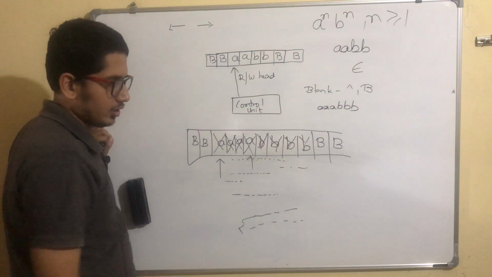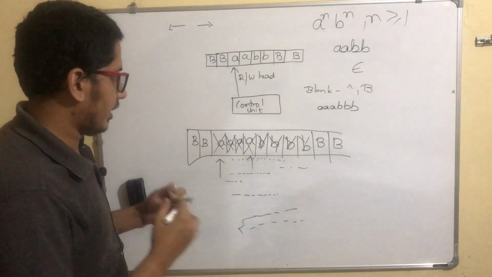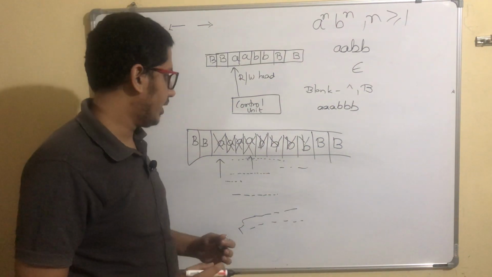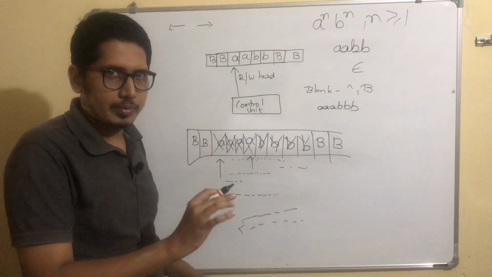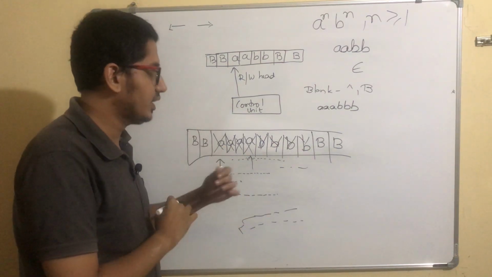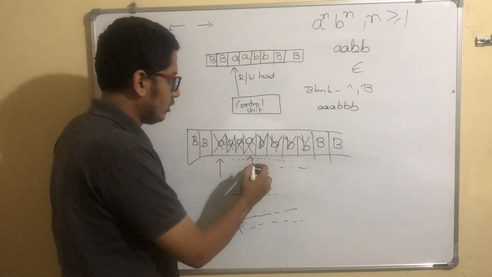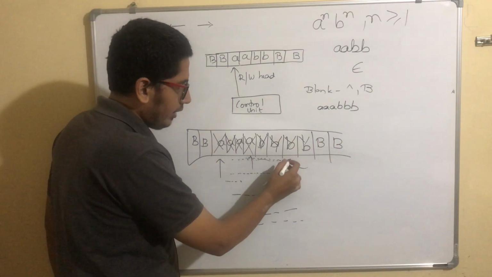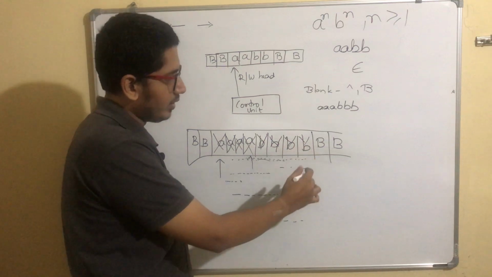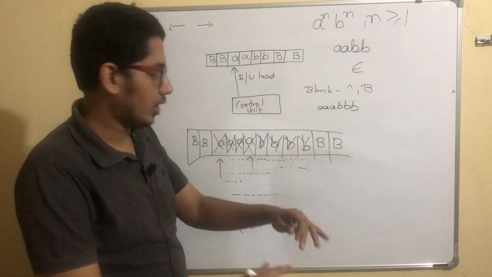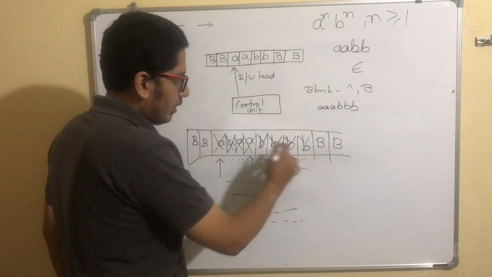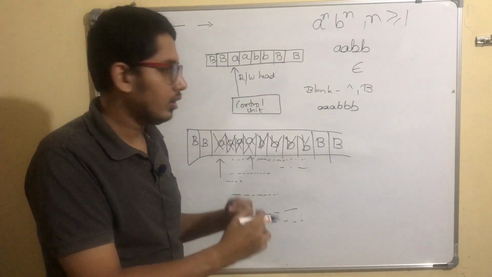Next there is no A. So here it's understood that there are no more A's remaining. You should not stop here because you should also make sure that no B's are remaining. If there is an invalid string, that should not be the case. So again move right. It comes till here. This is the last Y. Then there are blanks. So it understood that B's are also over. Here it's sure that all A's and B's are over. This is a correct string.